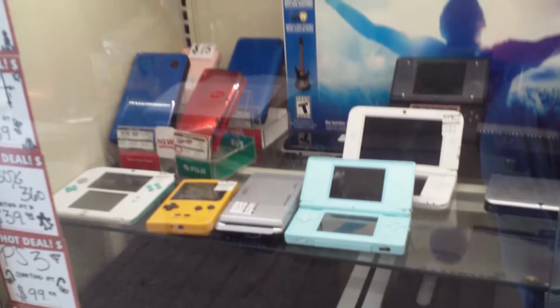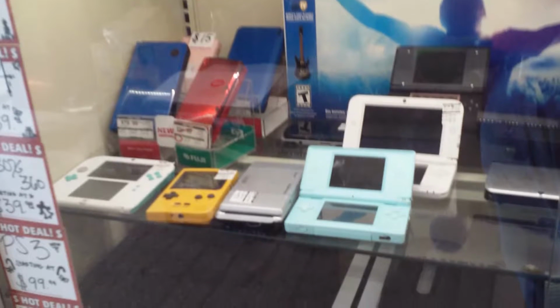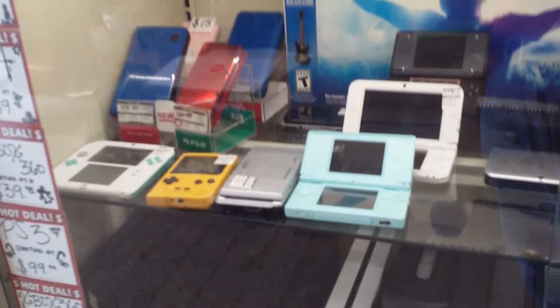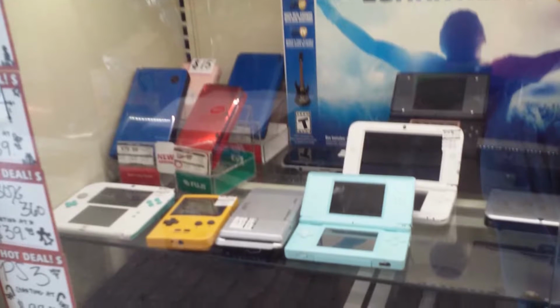And for those who are like, that yellow one, what's the yellow one? This yellow one actually is a Game Boy Pocket, and it comes with Techno Bowl. Sadly, it's going to be sold for $29.99. And I talked to the guy. The guy actually told me that when it comes to these,